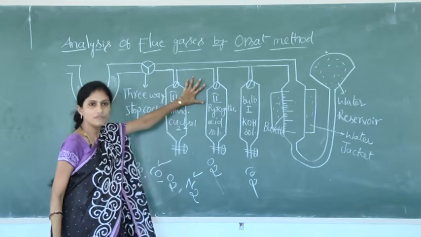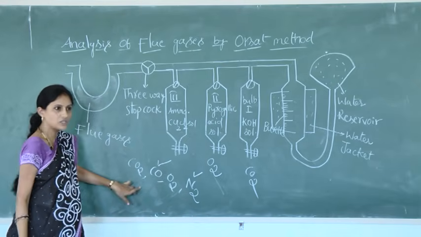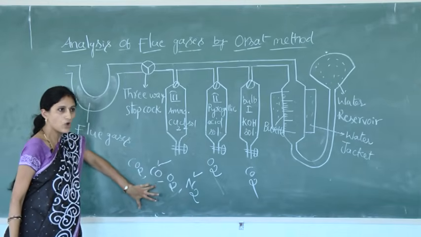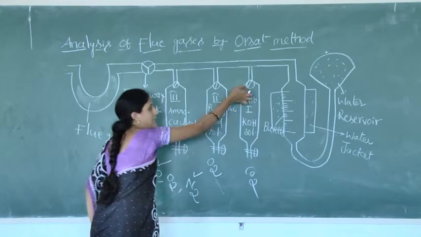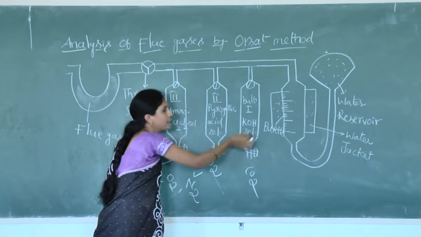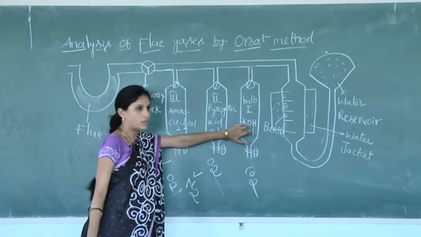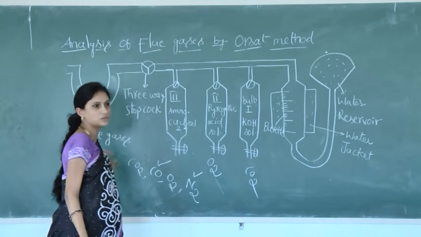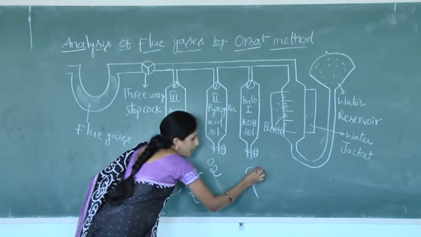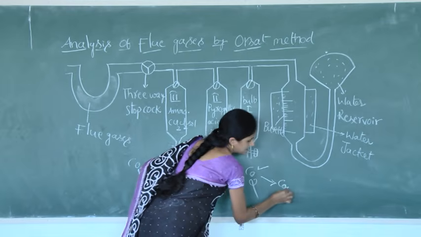The main aim of this method is to conclude how much amount of CO2 is released, how much amount of CO, and how much amount of O2 and N2 are released. Here there is an increase in the weights of the bulbs. That's why there is a chance to determine how much CO2 is absorbed, CO is absorbed, N2 or O2 is absorbed. If the amount of CO2 is high, complete combustion takes place.